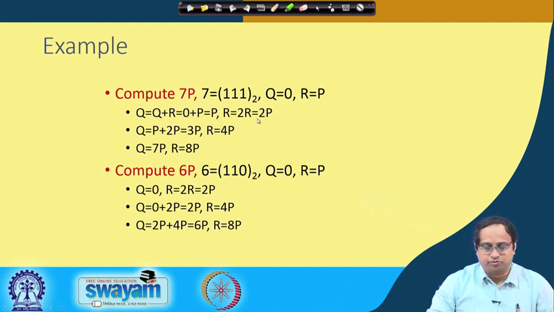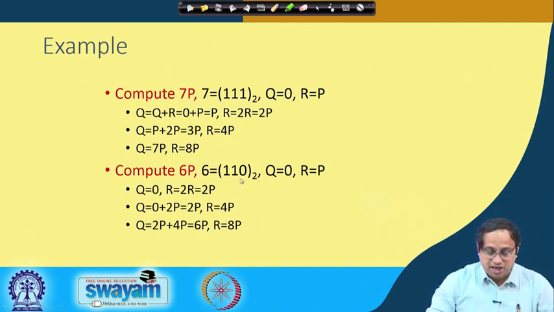So I calculate from 2p, I calculate 4p. The next bit is again 1. Note that here I have to go for all the 3 bits. So here it is 1, so I add 3p with 4p, I get 7p, and I always do a doubling, so I get 8p from 4p. But this is not useful here because my result is already computed in 7p. This is required if I have further inputs to process.